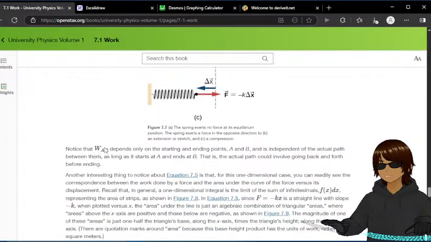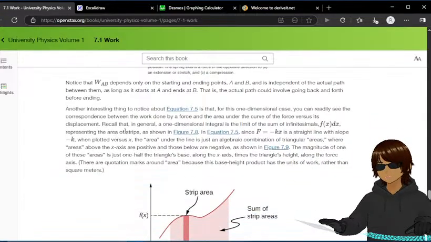Notice that W_AB depends on the starting and ending points A and B and is independent of the actual path between them. As long as it starts at A and ends at B, that is the actual path involved, even going back and forth before ending. Another interesting thing to notice about equation 7.5 is that for this one-dimensional case, you can readily